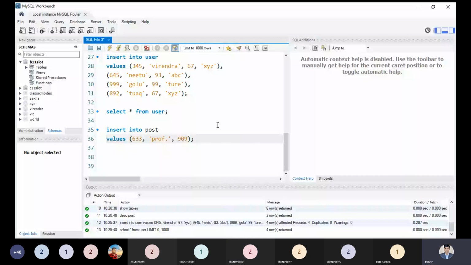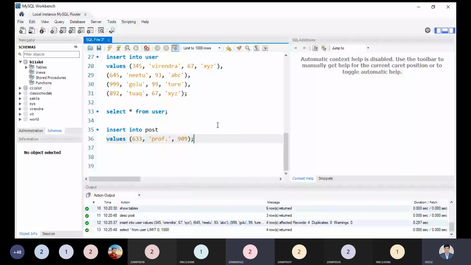If we are using user ID as a foreign key here, there should be that user ID in the user table. So if I'm using this syntax right now, definitely we will get an error. So what error will we get?